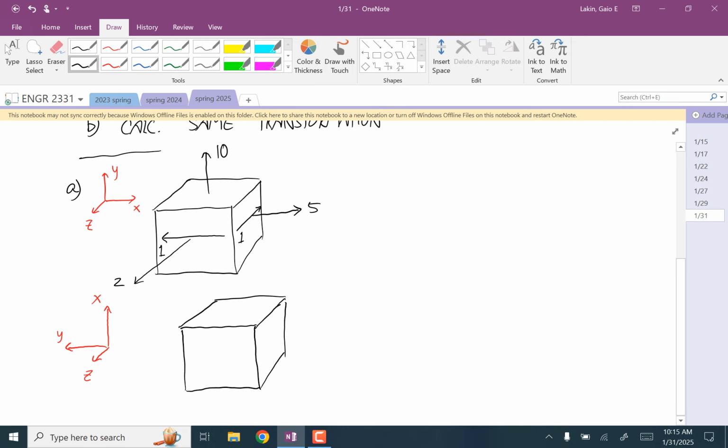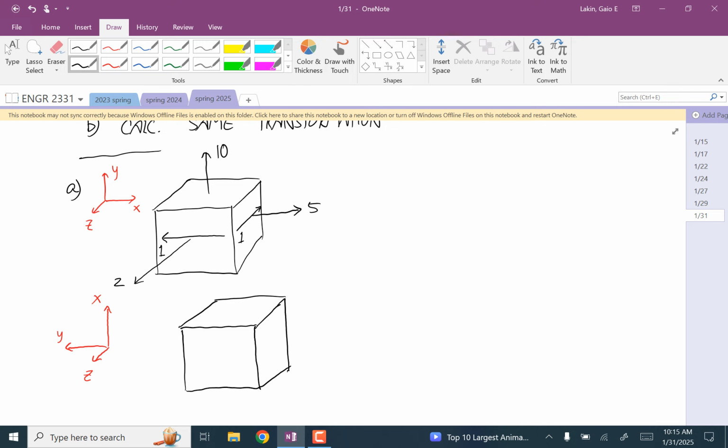Like the top face now is the X face. The obscured face on the left is the positive Y, which means what we're looking at is the negative Y face. And the Z is still the same. Are you with me on that? Okay, well,